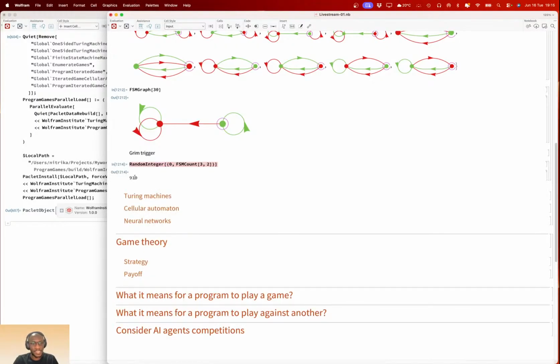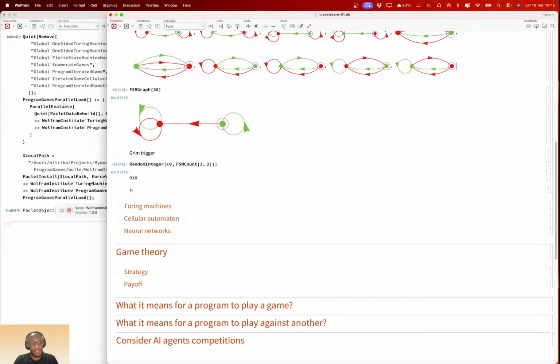So a random machine is this example of three states, and we can visualize that as well. What we are asking here is what a 910 three-state machine looks like.